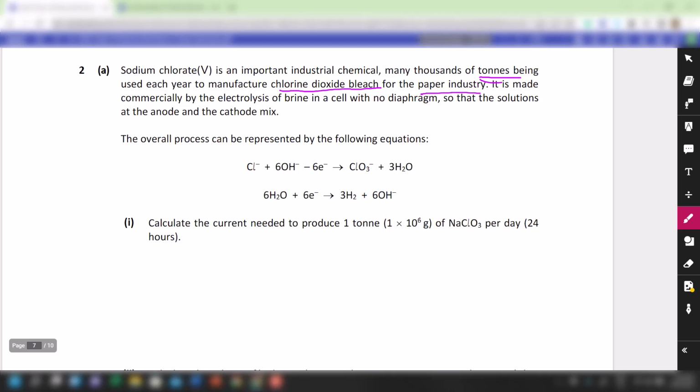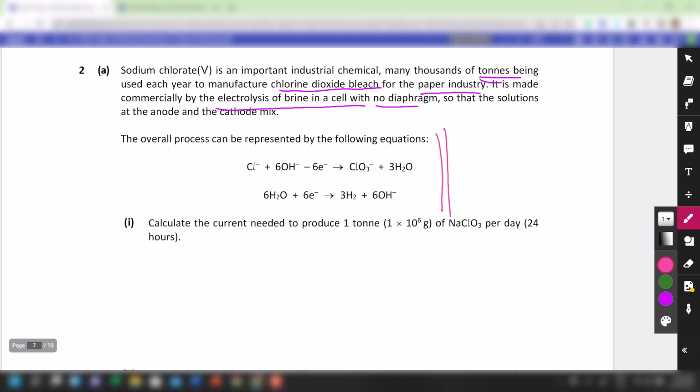It is made commercially by the electrolysis of brine in a cell with no diaphragm, so that the solution at the anode and cathode mix up. Okay, so the details, I don't think you need to go into that because the nature of the question does not require all these details. But what is really important for you guys would be the two equations over here,